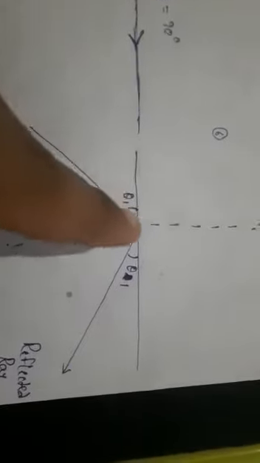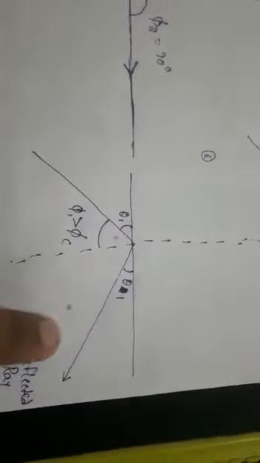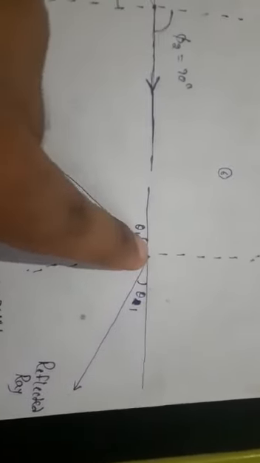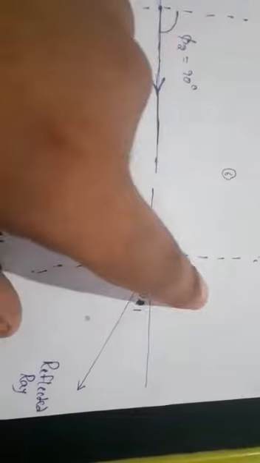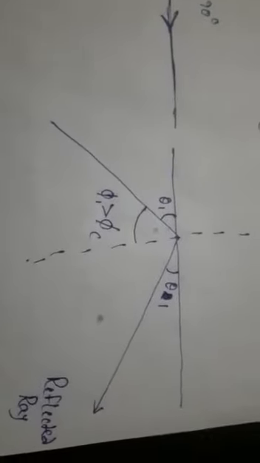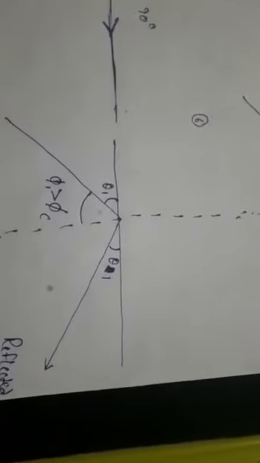Whatever ray we have applied to this material came back into the same material. So no light is entering the other material. Whatever light we have applied is coming back into the same material. The total light came back into the same material. That is called total internal reflection. So once again I am repeating these steps.